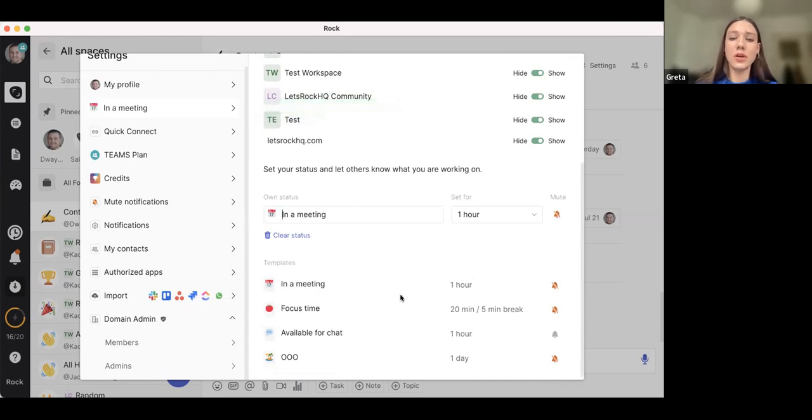We also have a focus time, which is inspired by the Pomodoro technique, meaning that you have 20 minutes of focus time and then 5 minutes break. So 20 minutes you don't receive notifications, and 5 minutes you have more of a break time, so you can answer your colleagues, you can check up your messages, and you get notifications. Available to chat